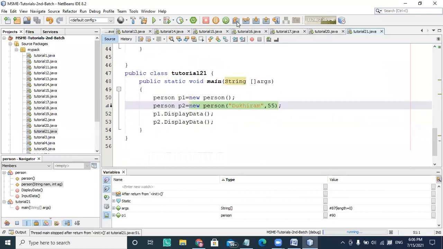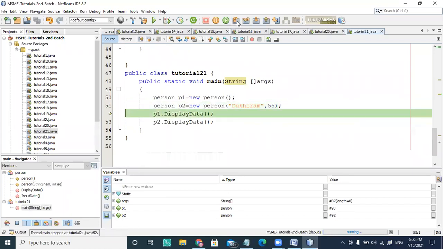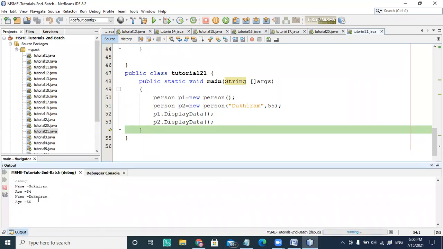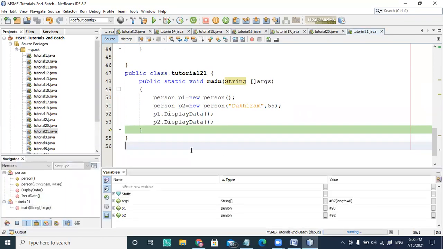So P1 and P2 are initialized using two different constructors, and you will see the output accordingly. If I run this, you will see in the output that the first P1 object is initialized with the non-parameterized constructor. The second object is initialized with the parameterized constructor, and this is automatic initialization.